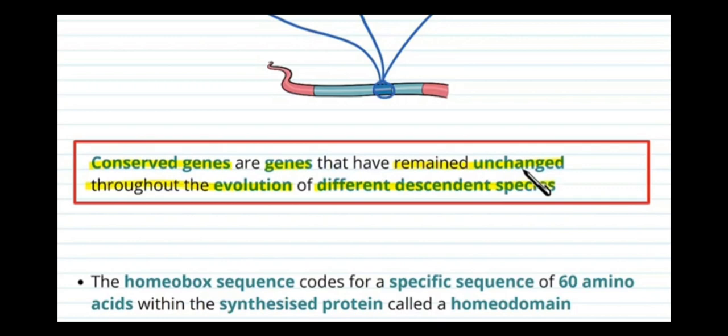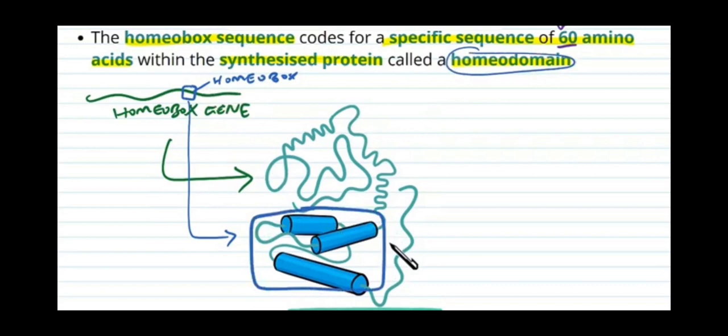has not changed. We can say that the homeobox sequence codes for a specific sequence of 60 amino acids within the synthesized protein called the homeodomain. The protein which is synthesized by the homeobox gene is called the homeodomain. It is the protein, and this protein has a specific sequence of 60 amino acids called the homeodomain. The homeobox sequence